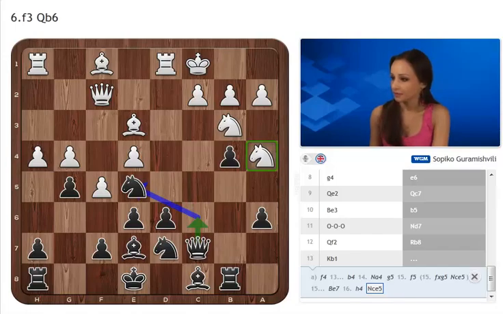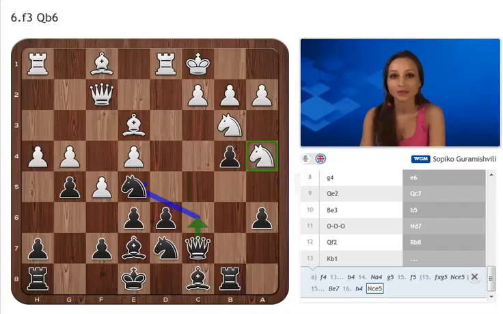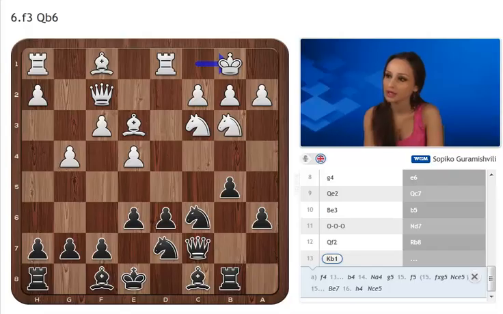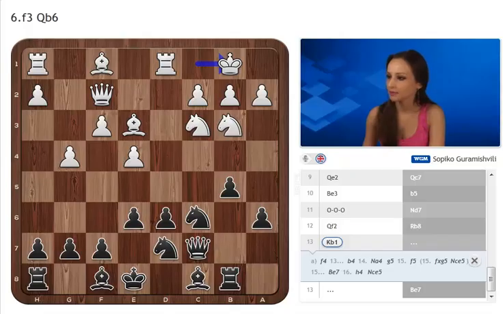Okay, let's go back to the main line. Rook b8 and king b1. We know that king b1 is a very usual move in this type of positions. King goes to a safer place, and there was the game, after knight ce5,